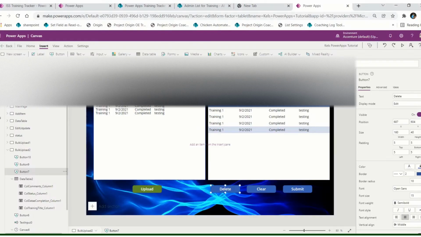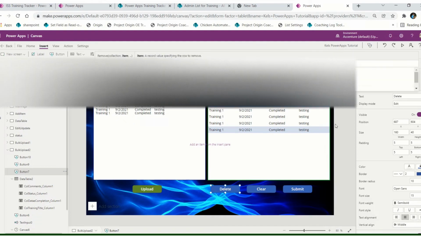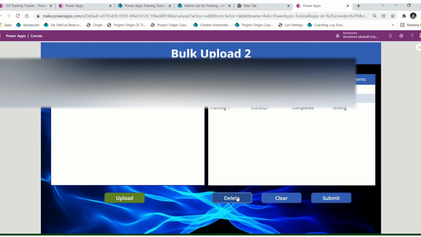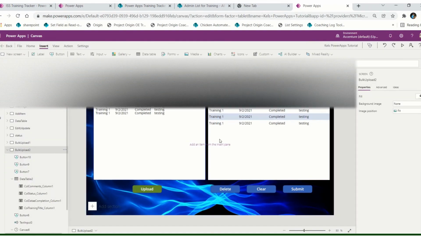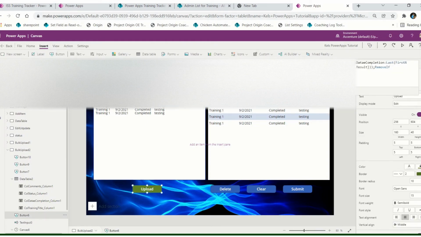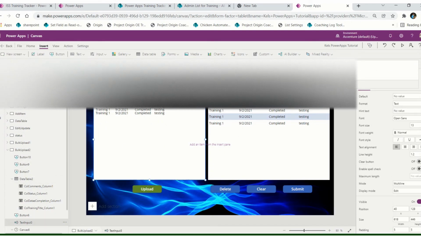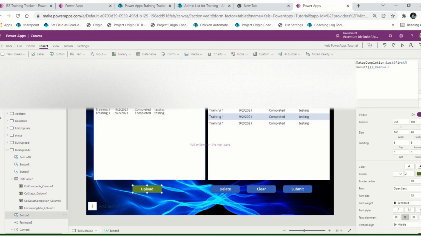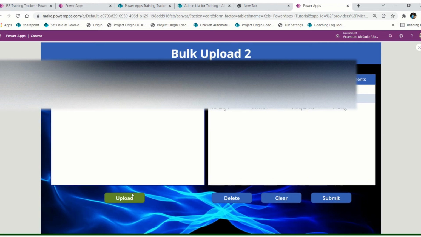So for delete, just copy this formula, remove bulk number 2, to our data table, which is data table 2 that's selected. Okay, so if we just delete, okay, text number 3. So I will reset. I'll change this to text input number 3. So if I add upload,